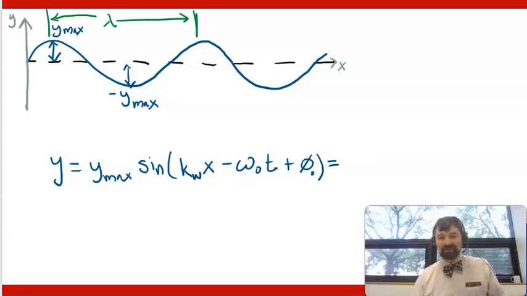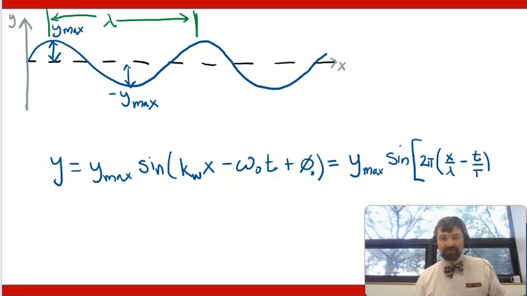This would become the amplitude y max times the sine of, and basically I could just pull a 2 pi out, and what's left inside is x over lambda minus time over period, and then that all plus your initial phase. Okay, so that describes the wave